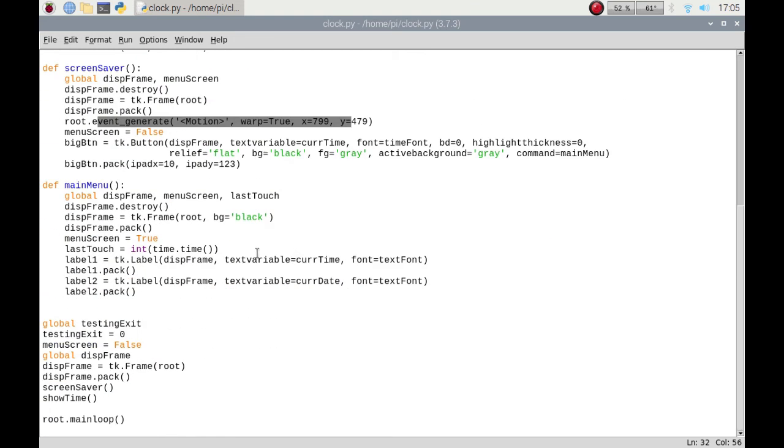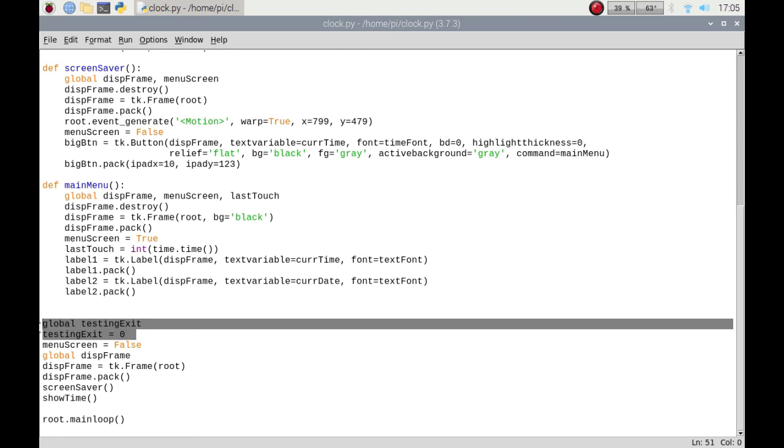What I did was I had it set in the main menu on a previous testing, so that when you clicked the time, it would increment testing exit, and when it got to a certain amount, it would just completely end the script. So that's all that's for. So I can't take that out to be fair. So let's just get rid of